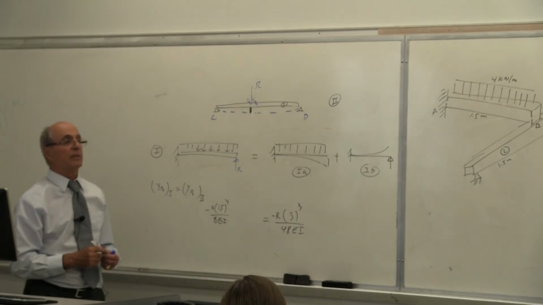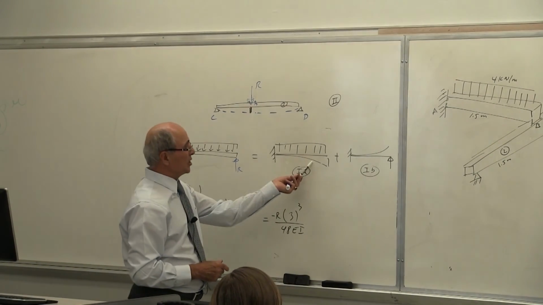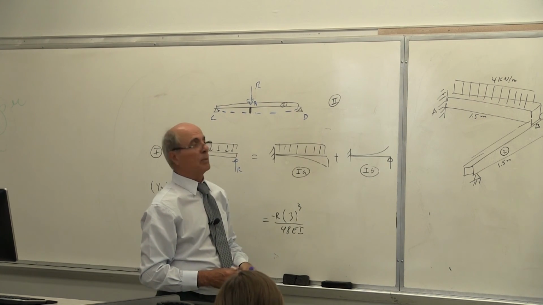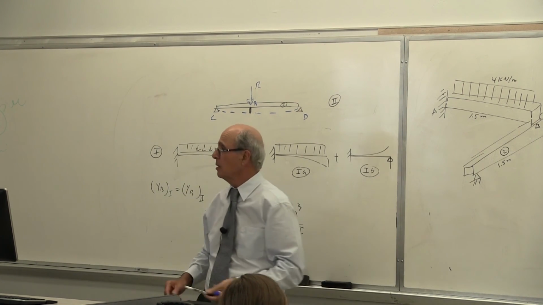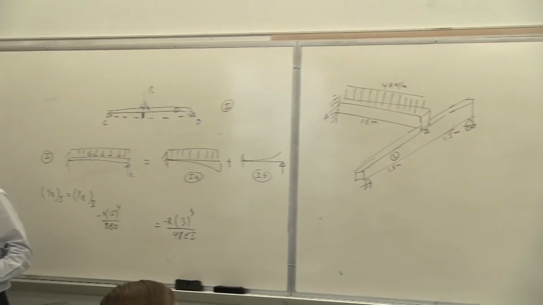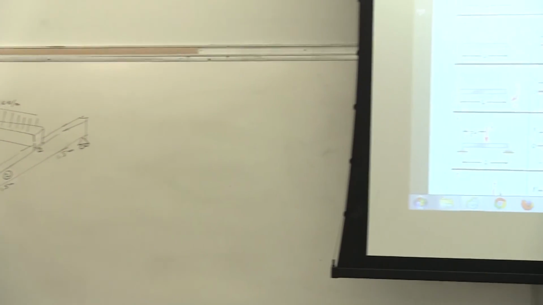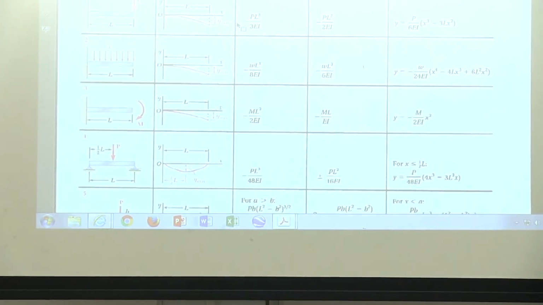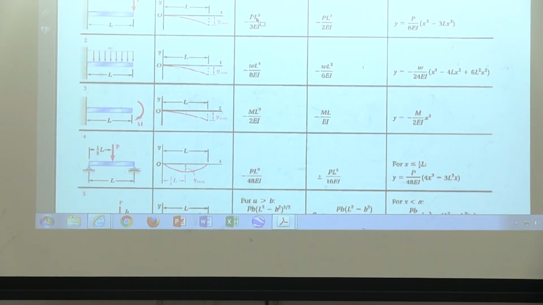Is that correct or not? Now I have to add, this is negative, this is positive because it's going upward, yes or no? But this one also is in the table. I have to go a little bit further up. Is that one, yes or no? Is this that one, yes or no? Yes, but in opposite. This is negative, I need to put it plus.